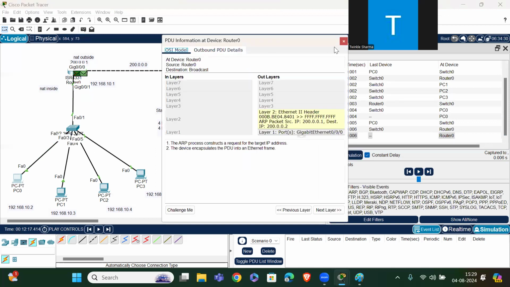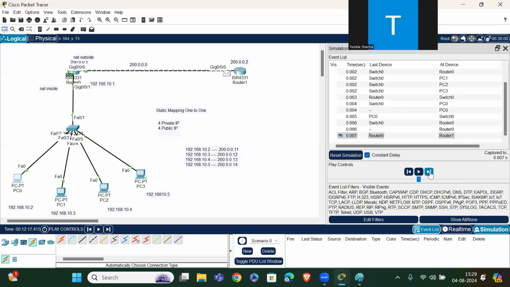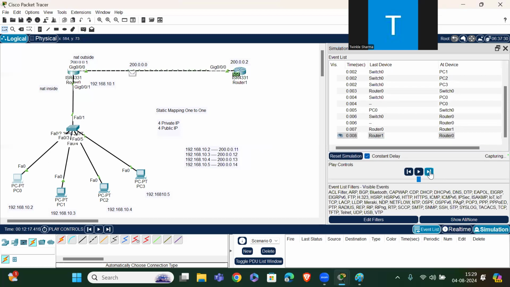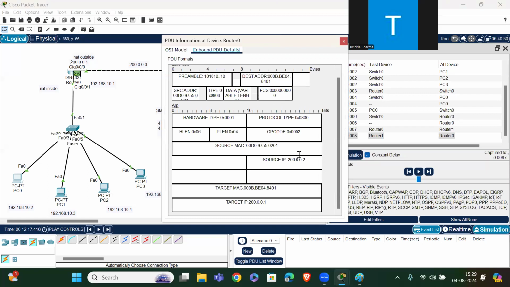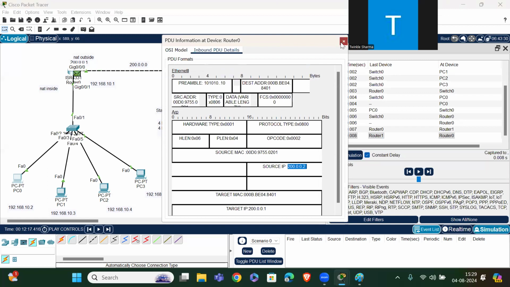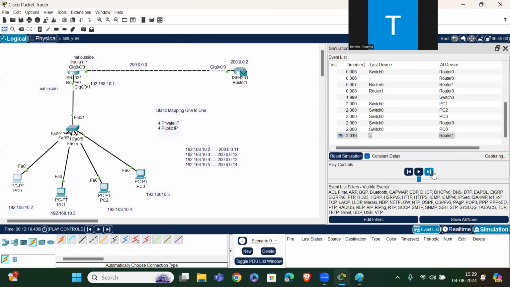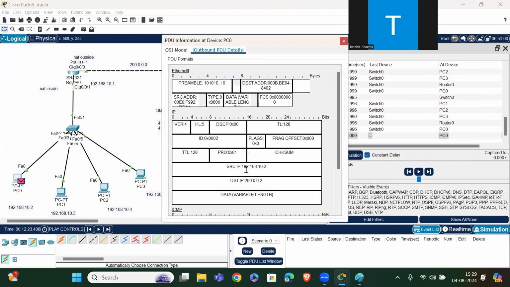Here it is going. The source IP is 200.0.0.11. It is going correctly. Let me wait for another message to generate. Okay, it is generated now. Let me check. The source IP is 192.168.10.2 and the destination is 200.0.0.2.